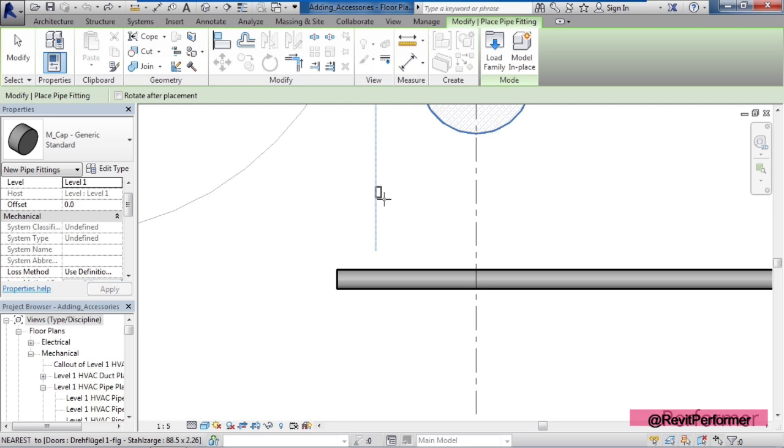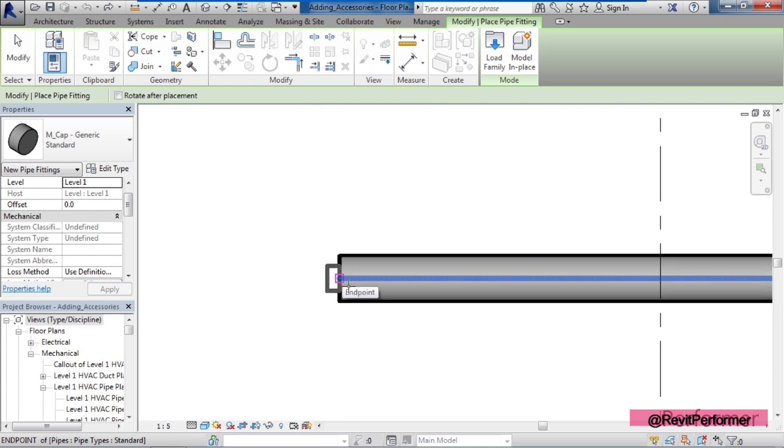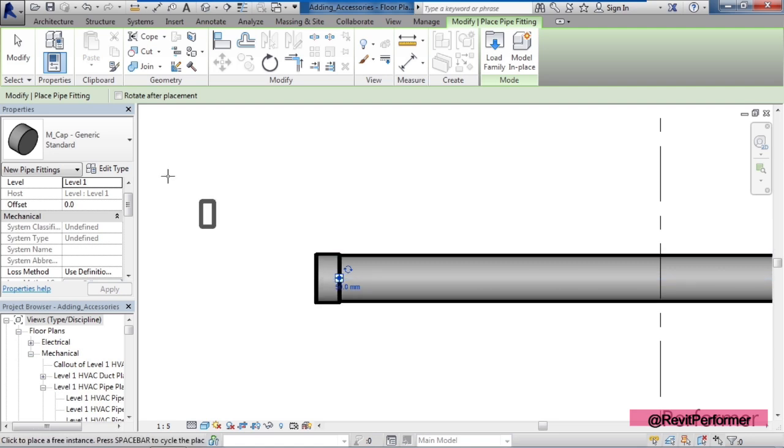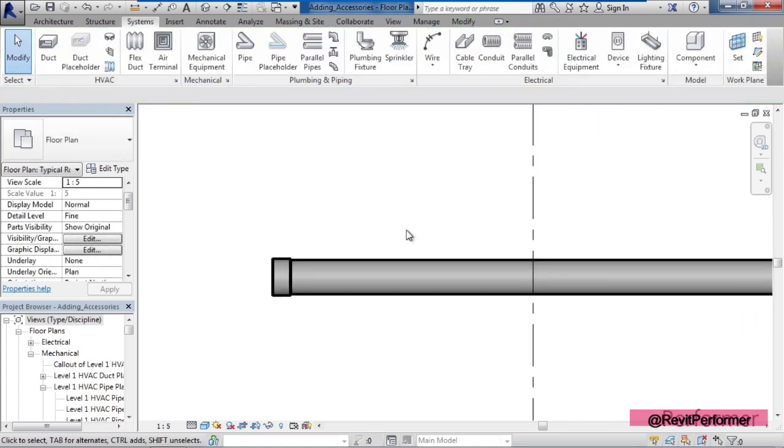So basically what I need to do once I select the actual property of what I'm using is to mouse over the actual center line of the pipe. And then I will move out to the end and snap this off of the end of the actual pipe itself. When you see a position like you see on my screen, simply click that object snap, and what will happen is Revit will snap that pipe fitting to the end of the pipe segment. Click Modify.